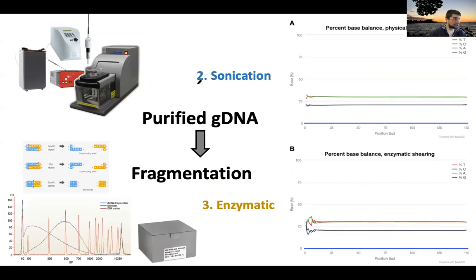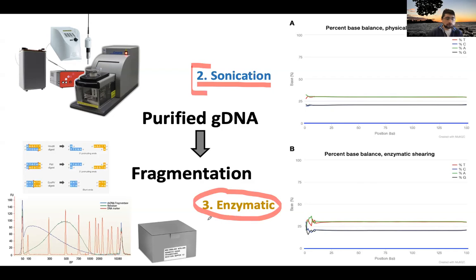The main difference is that for sonication you need a machine. For example, you might have heard of Covaris, you might have heard of Bioruptor. These are the 2 main sonication systems available on the market, but there are many others. This is a physical type of fragmentation, so it fragments the DNA independently of the sequence. On the opposite side, you have the enzymatic